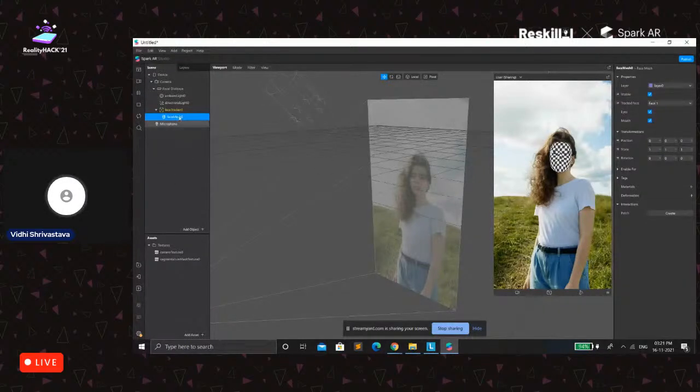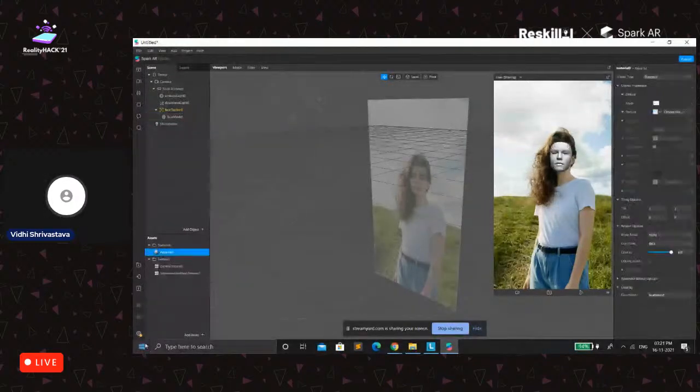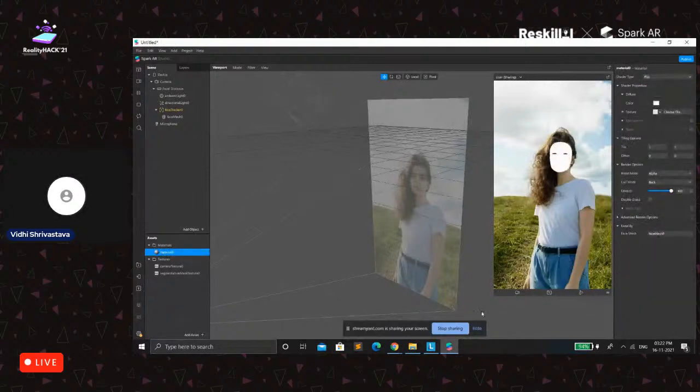So what we could do is go to the materials and add a material to it. Now you could see that the shader type of the material by default is standard. For this shader type, you could use the standard or flat shader type or even face paint. These are some of the shader types that are available. If we talk about the standard, it will ignore the light effect, but since we want the flat one, let's go with this one.